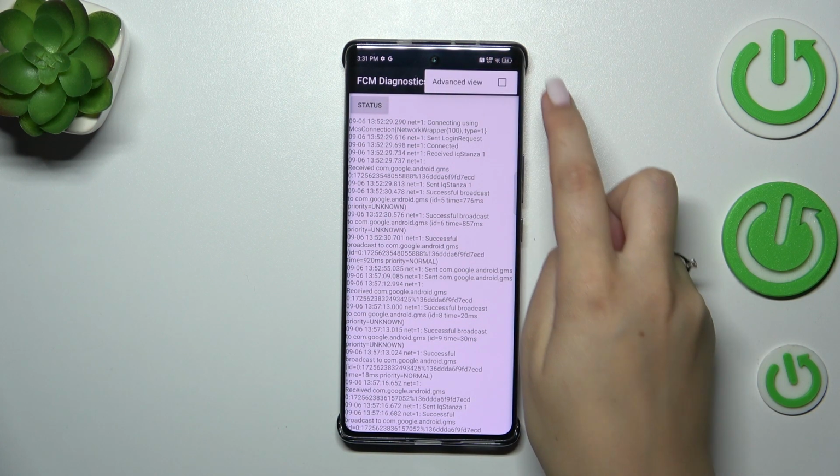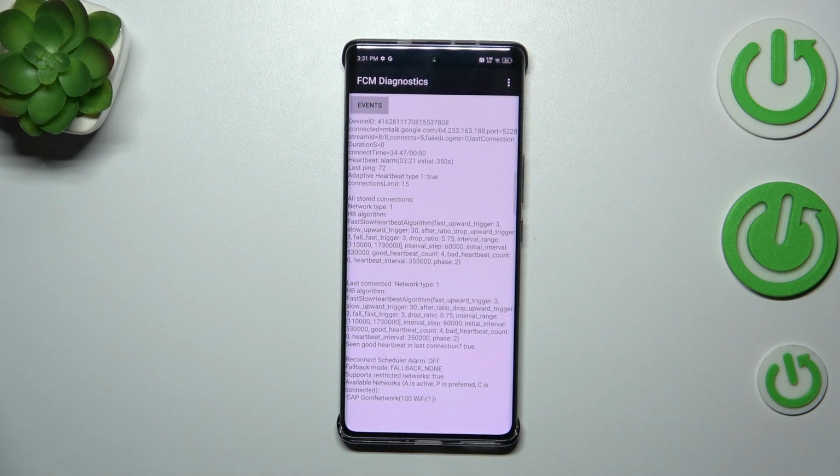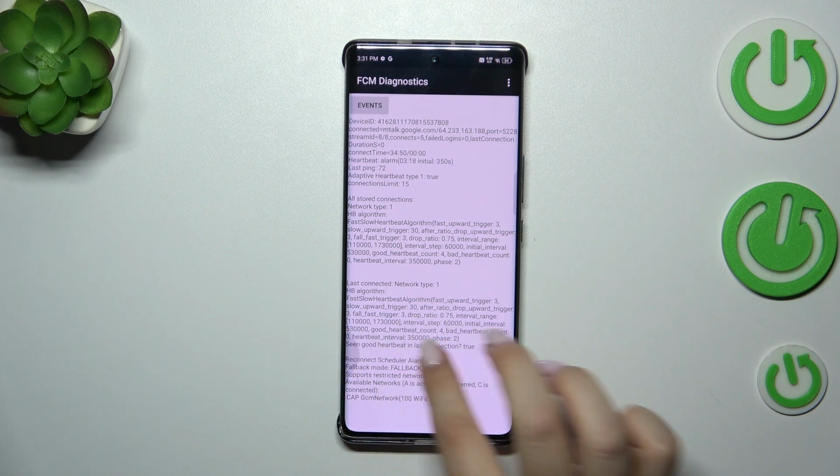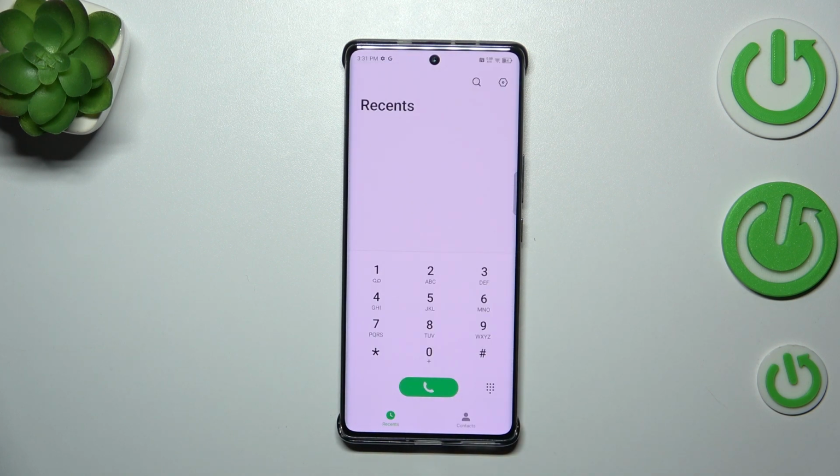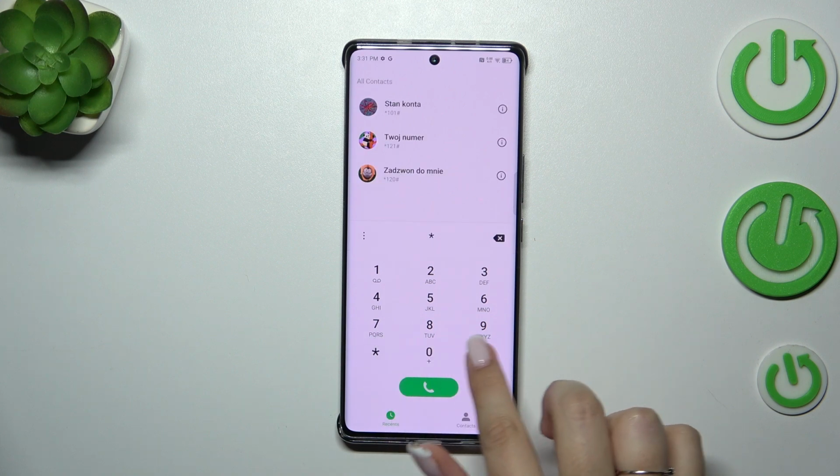After tapping on the three dots icon, you can show advanced view. Just tap on it and tap on the status, and here we've got much more information. So for example, you can check the heartbeat, last ping, or HB algorithm. Let's go back and let me show you the last code, which is